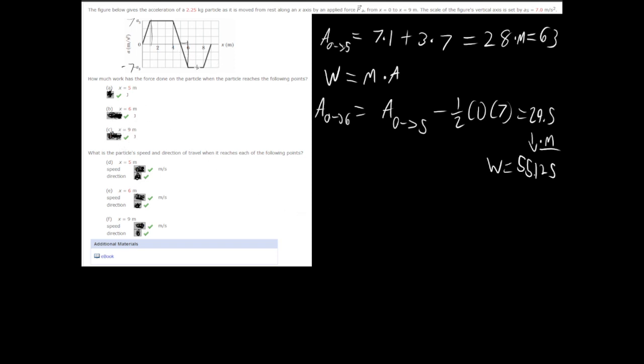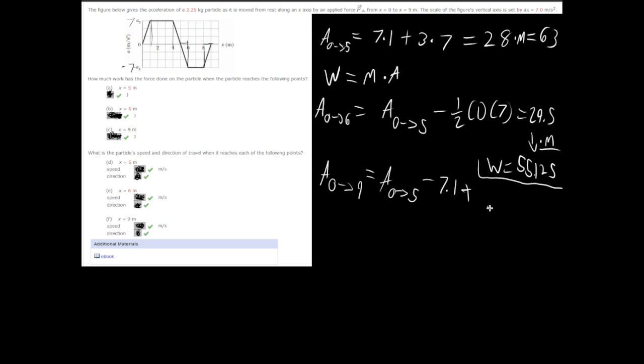Now from here, it's not quite the same as this. However, we are going to have the 7 times 1, since we have two, as pointed out from above, two right triangles with the same base. So now, A from 0 to 9 equals, from here I will do A5, and then I will calculate this as 1, because it seems easier to me than to calculate it the other way. So it's going to be A from 0 to 5 minus 7 times 1. Just want to separate this really quick. 7 times 1